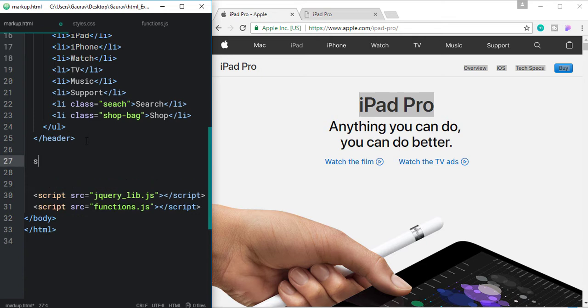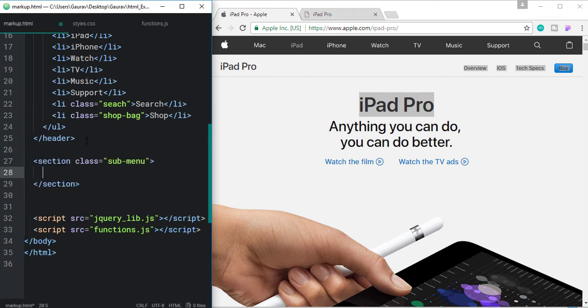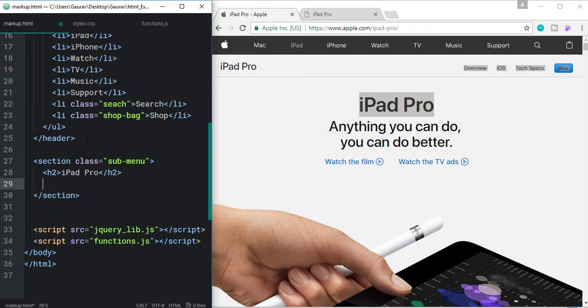So I'm going to create a section, and I'm going to give it a class of submenu, and in that we need an h2, and let's type that heading, iPad Pro, and after that let's create another UL, and let's give it a menu class to this as well, because there are lots of similarities between this and this thing.